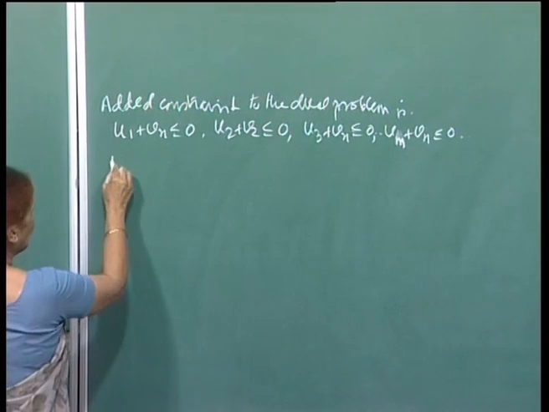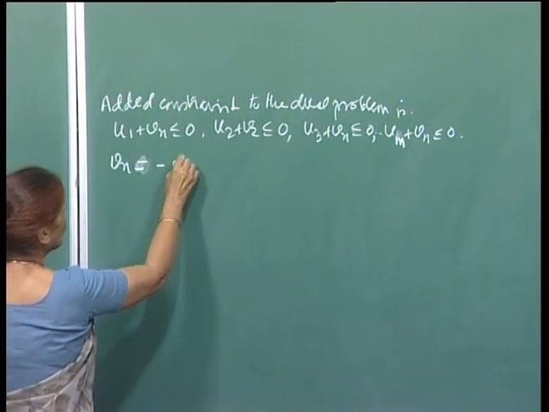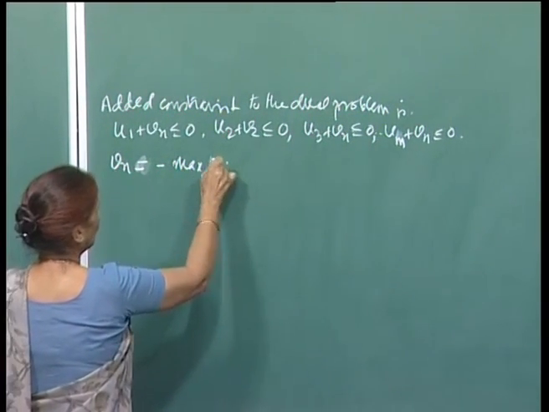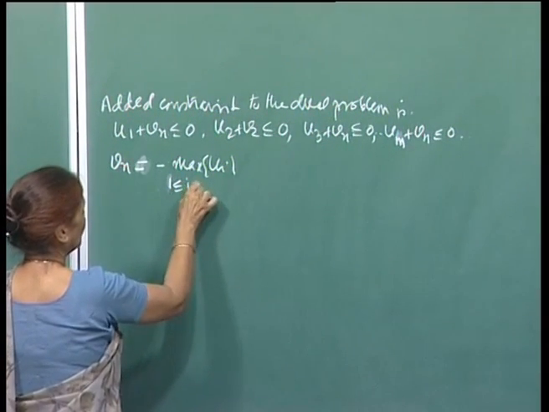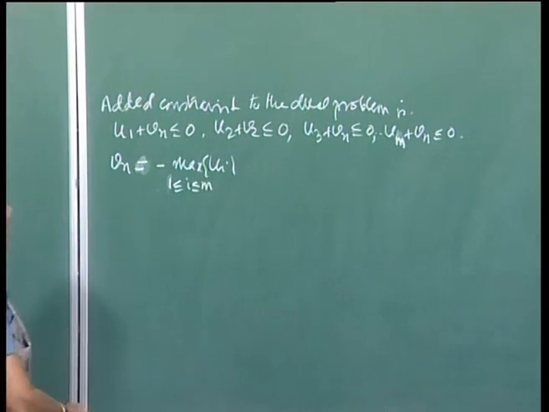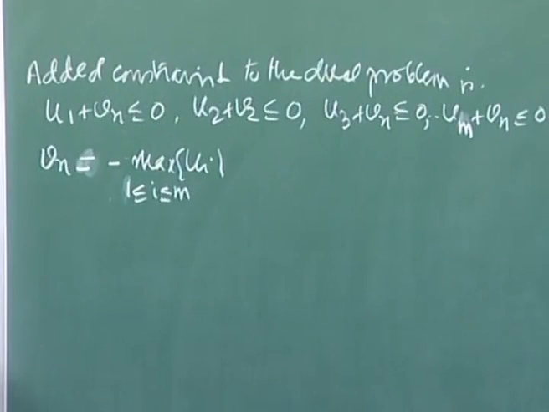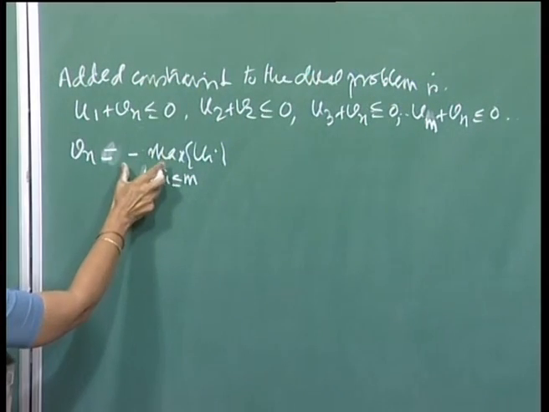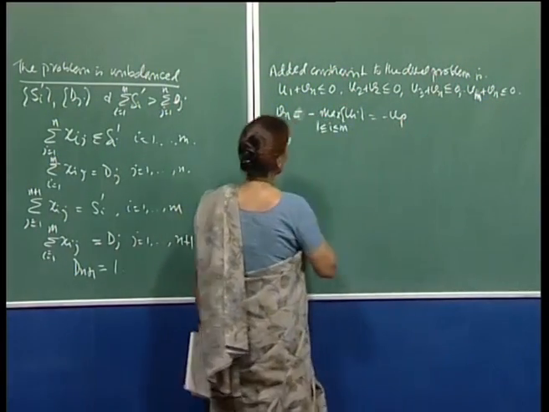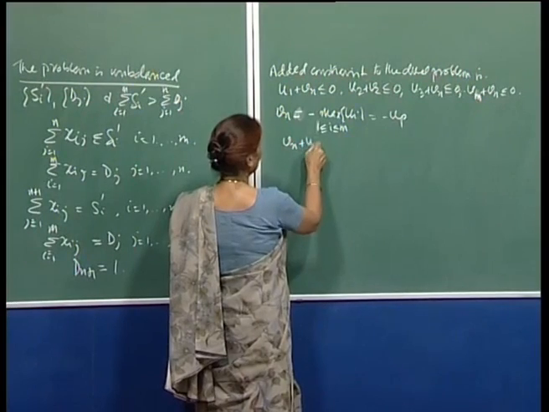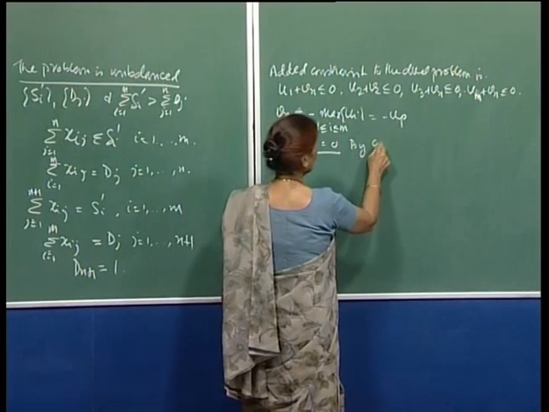So, then what we are saying is that your v_n is less than... If I choose my v_n to be equal to minus max u_i, with i varying from 1 to m, then with this choice of v_n, all these constraints will be satisfied. Once you have v_n chosen like this, suppose this is equal to minus u_p. Then you have v_n plus u_p equal to 0, and so by the complementary slackness condition,